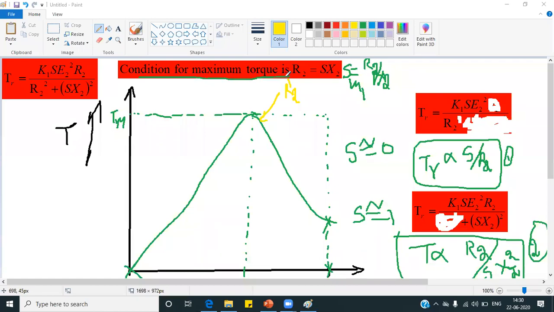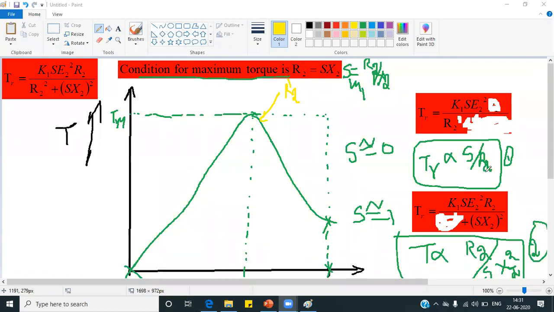In the starting of the class also I told you, right? Please do answer. And meanwhile, if you have any doubts, you will definitely ask me to explain it once again. At the end of the class, I will definitely explain. Okay, fine, let me proceed. The slip ring rotor is the one in which we can add external resistance.